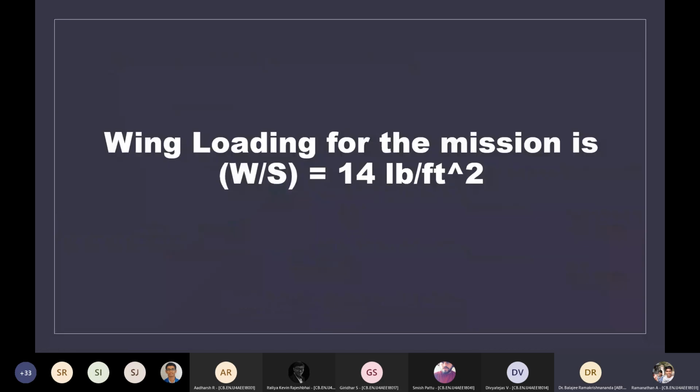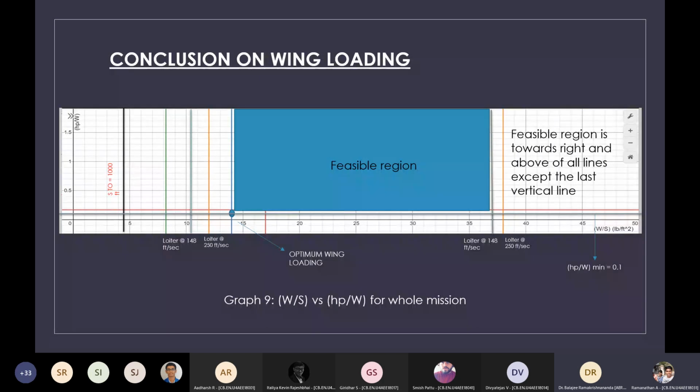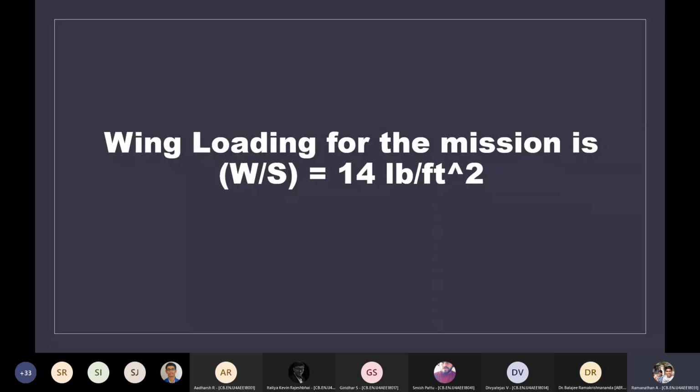Is it comparable to your reference aircraft? Sir, in reference aircraft, I have used this wing loading and calculated my wing area, sir. It comes out to be 5 meter square, a very small value. Because your wing loading is now very high. Check the wing loading for a reference aircraft. They'll be very low for such aircraft. Yes, sir.